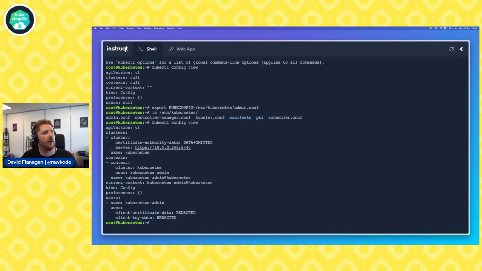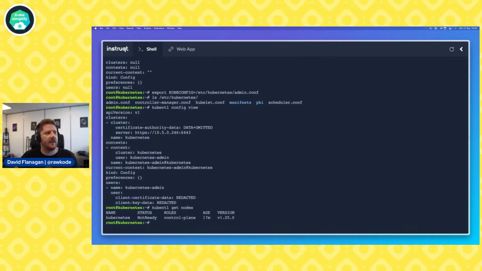We can see that we're talking to a private IPv4 address on port 6443. All of the secret information is redacted so that you cannot speak to my cluster. And if we run kubectl get nodes, you can see that we have a response from a Kubernetes API server.